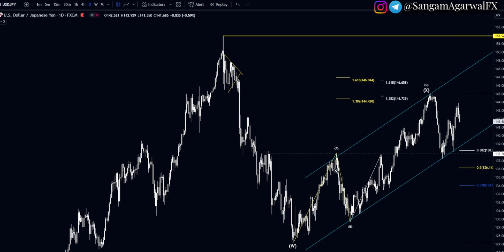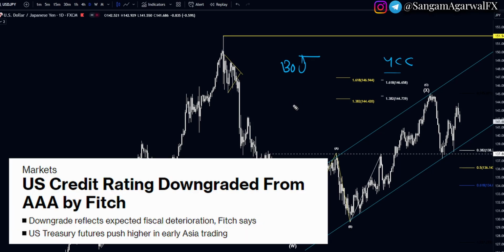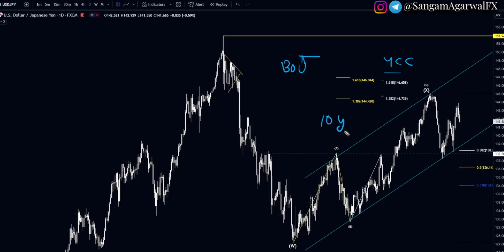Then USDJPY, your parallel channel, but after all of this, price could not break above 145. When BOJ said rate hike, and their code word is yield curve control, then your Fitch rating news, all of this was bad for treasuries, and investors were dumping treasury bonds all at the same time. That's why yields were flying and gold was collapsing.